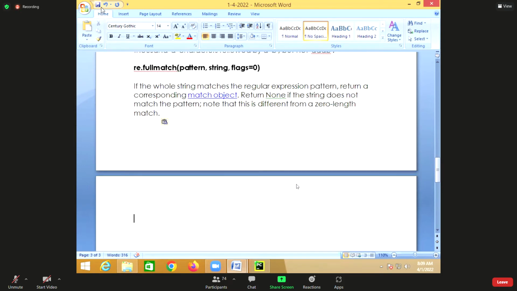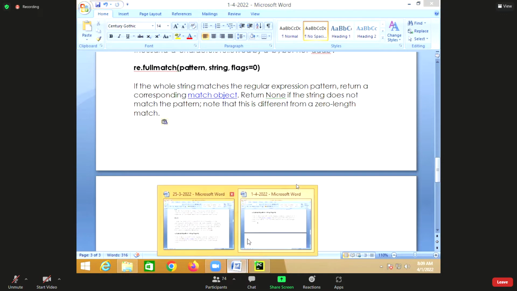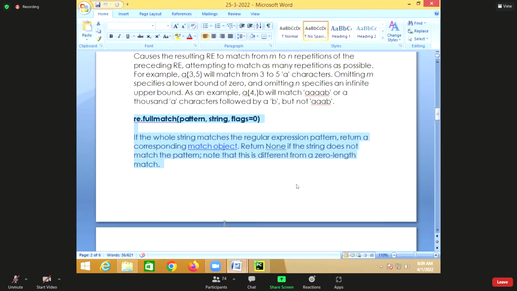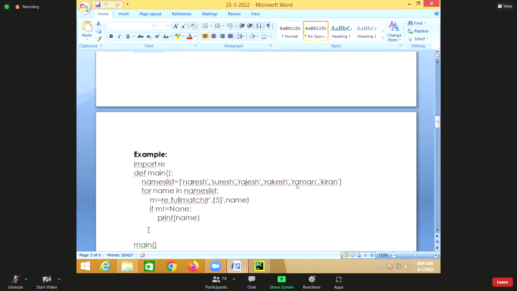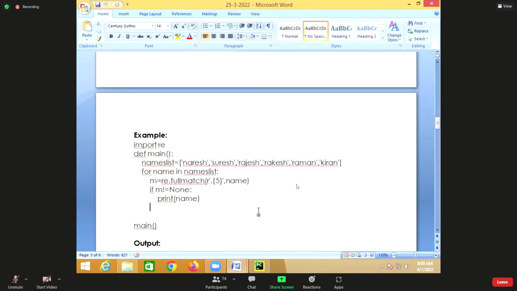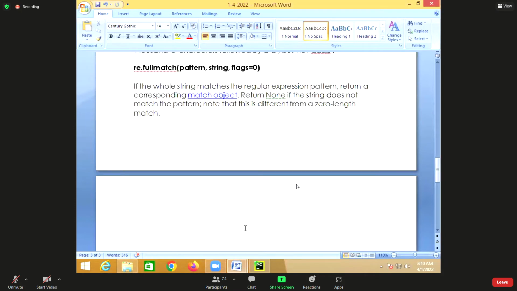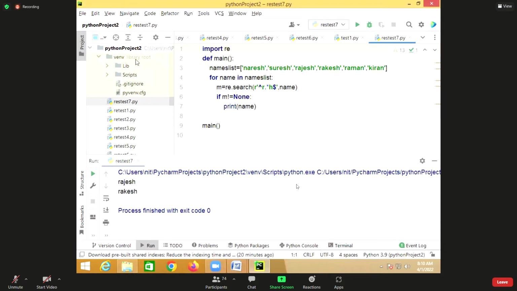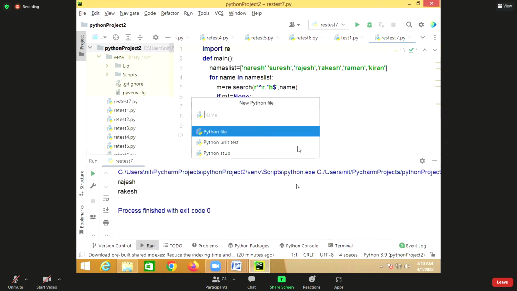For example, see here, all these are special characters. Suppose I want to find a name with a length of 5. That is a simple example: I want to find the name with the length of 5.